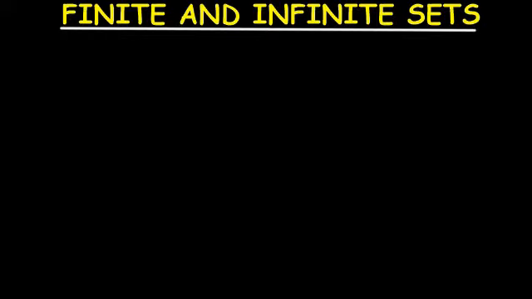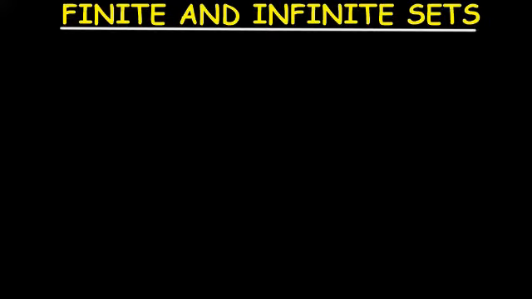Otherwise, the particular set is said to be an infinite set. Now, what we are saying in essence is that if you are able to count the elements in a particular set, or the elements tend to come to an end after a process of counting, the set is said to be a finite set. But if any of these doesn't occur, that is, you are unable to reach the limit, you are unable to count it to the end, then the set is said to be an infinite set.